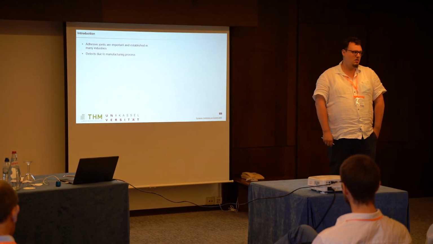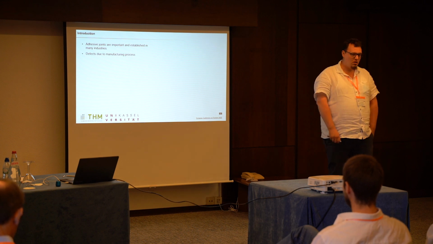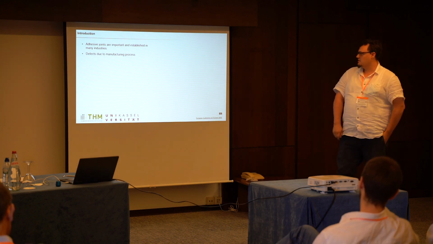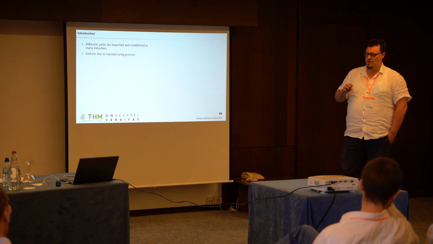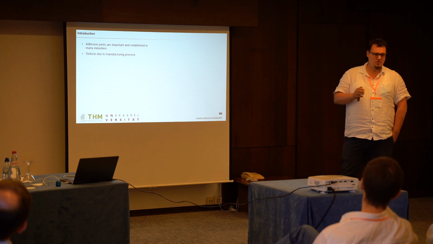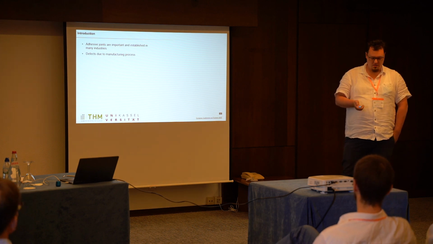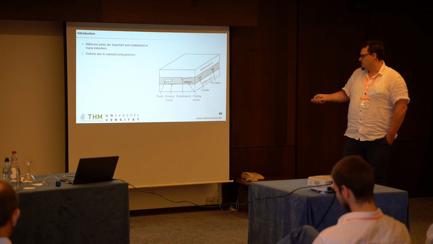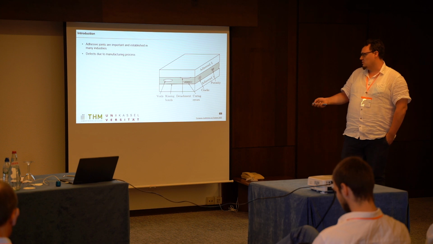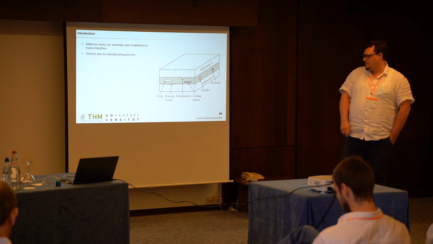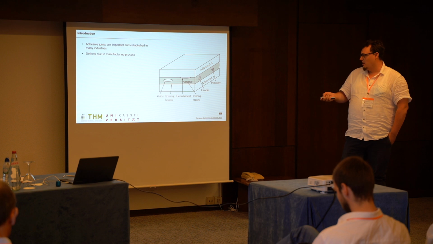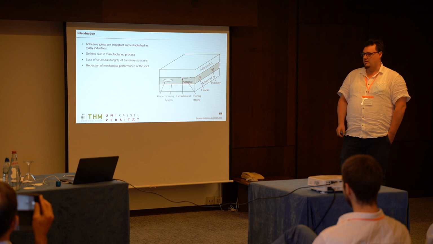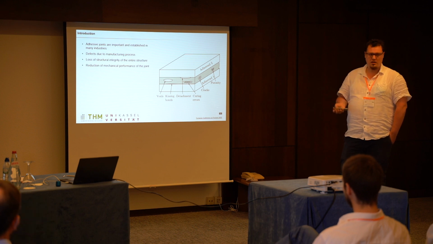Adhesive joints are widely used, very important and established in many industries, automotive, aerospace, and so on. During the manufacturing process of these joints, different effects can occur. Here you see some examples: porosity, cracks, curing errors, attachment defects, the so-called kissing bonds, and defects and voids. All these lead to a loss of structural integrity in the entire structure and reduce the mechanical performance of